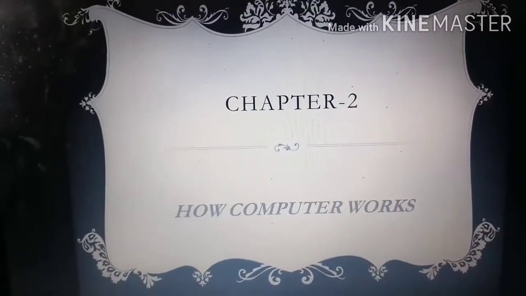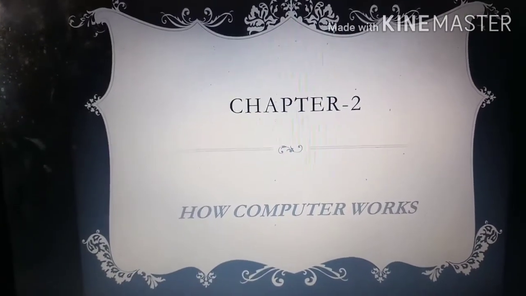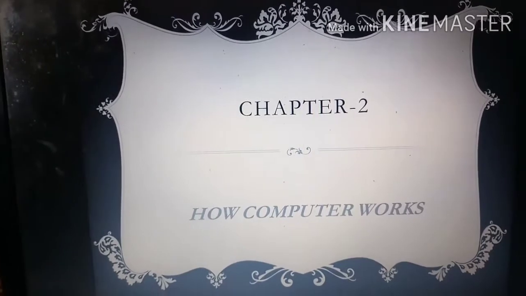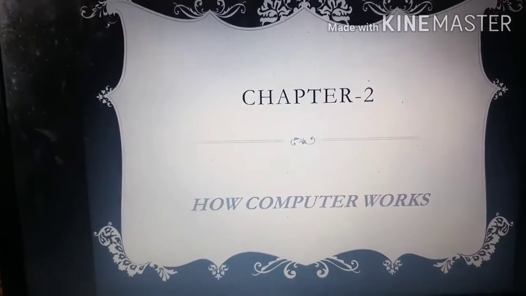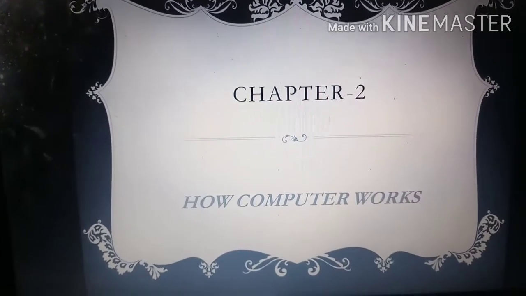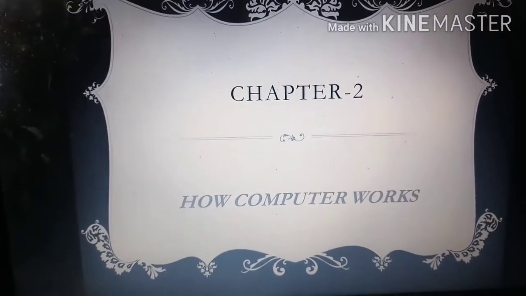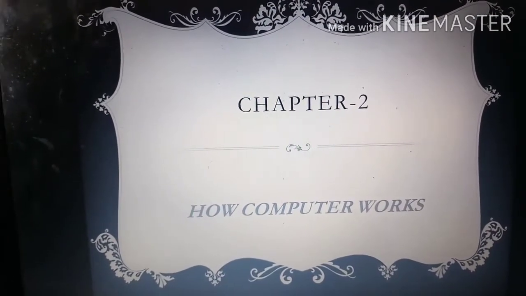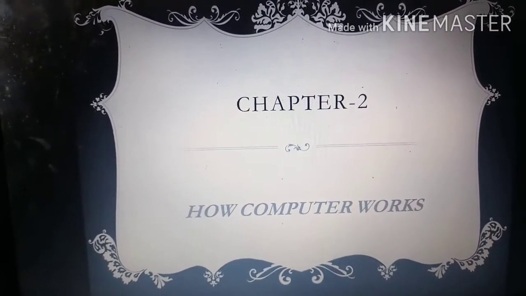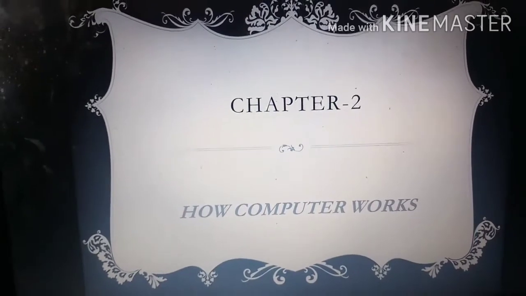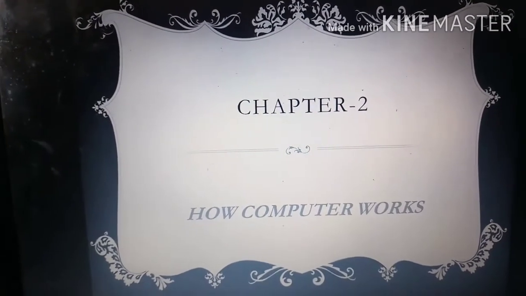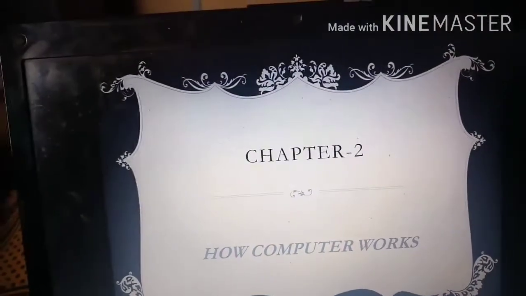In this chapter, we will learn how computer works through its different devices like input devices, output devices, processing devices, and we will also discuss each and every device of different input, output, storage. How does this computer perform different work? So let's see.